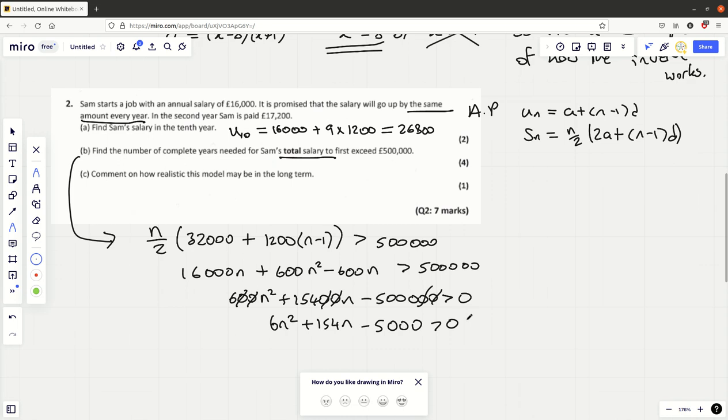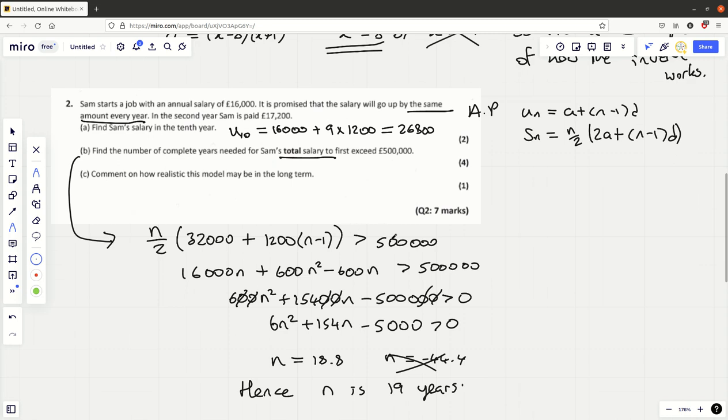It's probably wise to actually just stick that into a calculator at this point, because we can find the roots. We're going to get one negative value, but you're going to get n is 18.8 for the other one. I think the other one's minus 44.4, but we're not interested in that. And so it'll exceed it after 19 years. And that's when you're going to get greater than